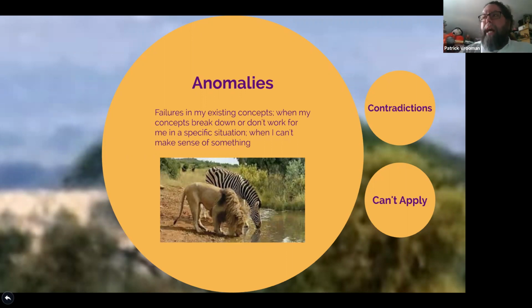And so these anomalies are big, huge things. It's when you thought you knew something and you don't. When you got new information, you thought, oh damn, that's wrong. Or you could still stick with your old concepts, but you got that anomaly out there, this bad example, this wrong example, this thing that just didn't work right. And those are critters hanging out in your conceptual ecology as well.